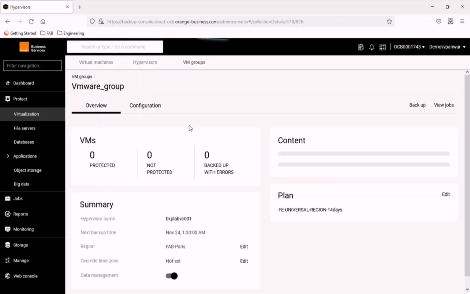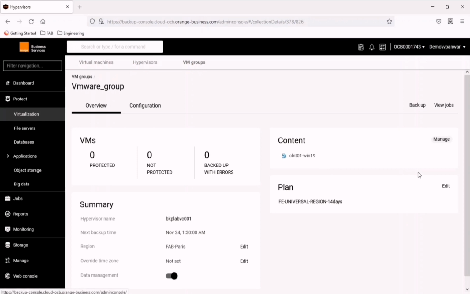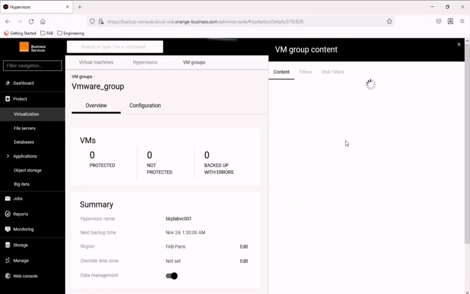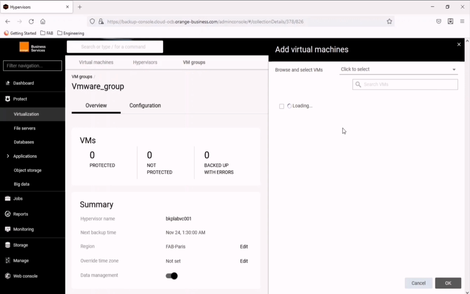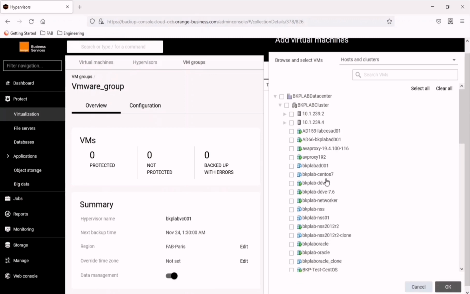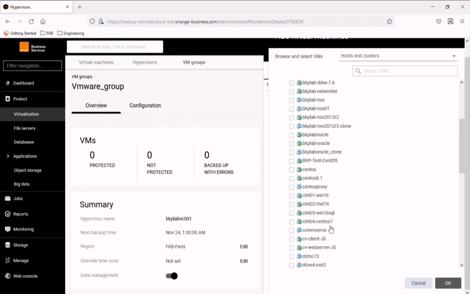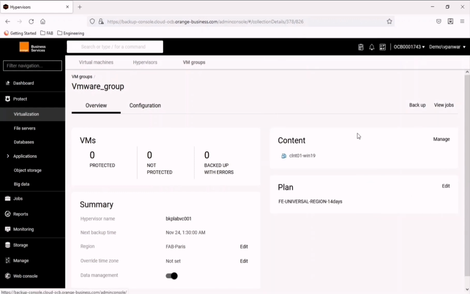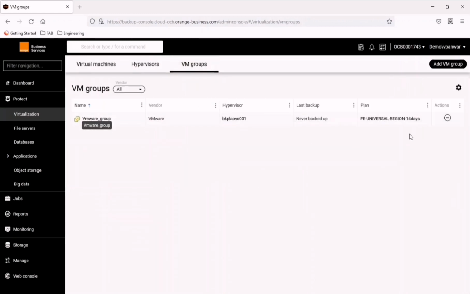So if you want to add one more VM, you can simply add it from here. So right now let's not add anything, and let's try to run a backup for this group.